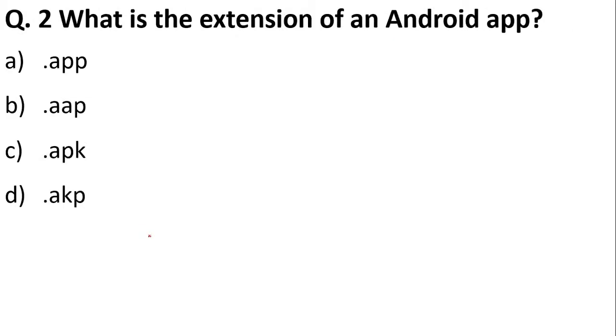Which is the extension of an Android app? So we all use Android. It is a kind of operating system for your mobile phones. These apps have an extension, like your image file has JPEG, your text file has .txt, and your video has MP4. So there are various types of extensions that we have. But if you talk about apps, these have the extension